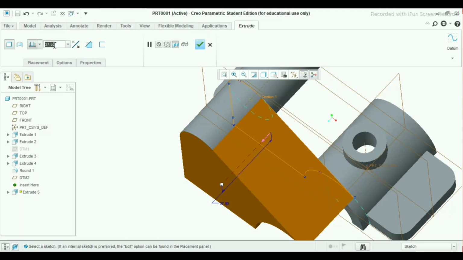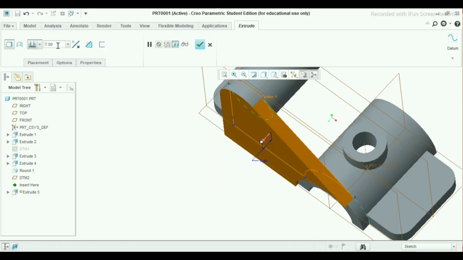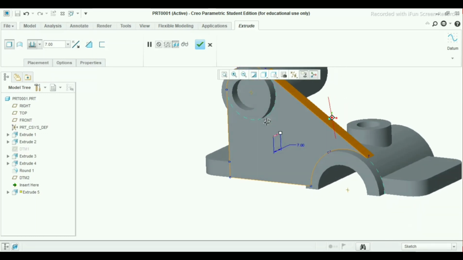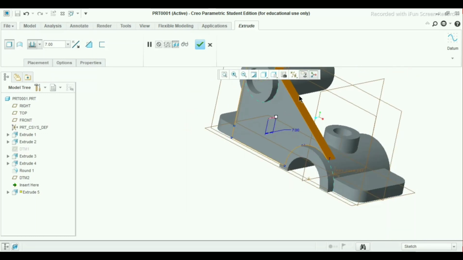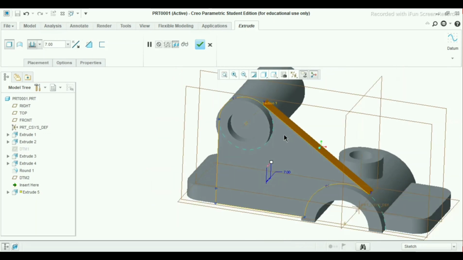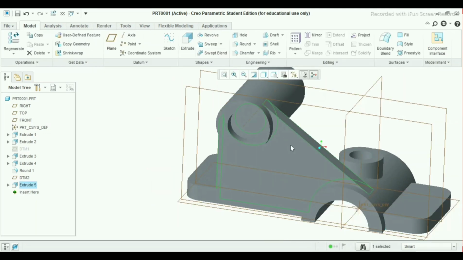Make a 7 mm depth. Change the direction. As you can see the preview, click OK.